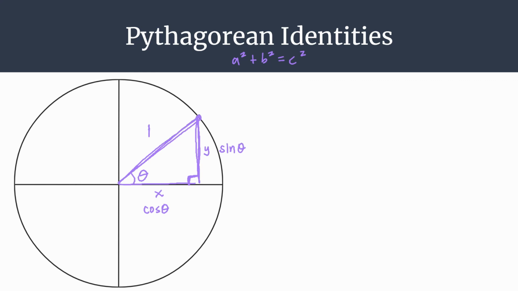So I make that point so that you can see, sure, x squared plus y squared equals 1 squared, according to the Pythagorean theorem, but we also have a really important identity called the Pythagorean identity that comes forward if we use those trig functions. We have cosine squared, that was the horizontal leg, plus sine squared, that's the vertical leg, equal 1 squared, so